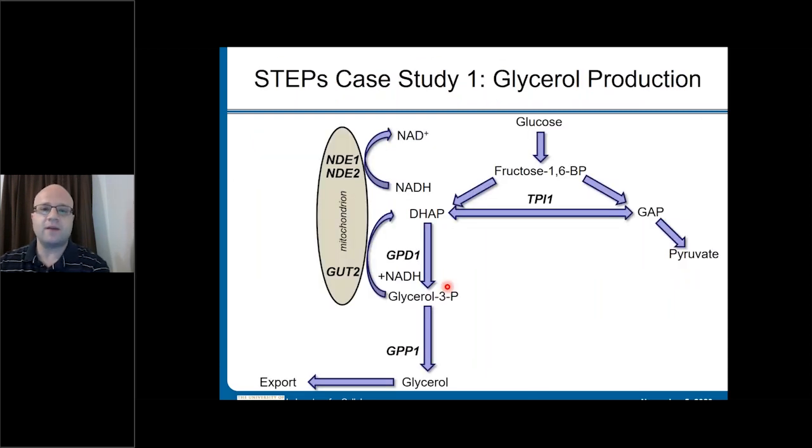As an example, we studied glycerol production, something that had been known for quite a while within the field, especially on aerobic metabolism, the importance of things like GPD1 and GPP1 needing to be overexpressed to improve glycerol production from glucose. Nevertheless, we took the genes that are highlighted in bold and used the CRISPR-Cas9 approach to look at the impact of everything from strong knockdown to strong overexpression.